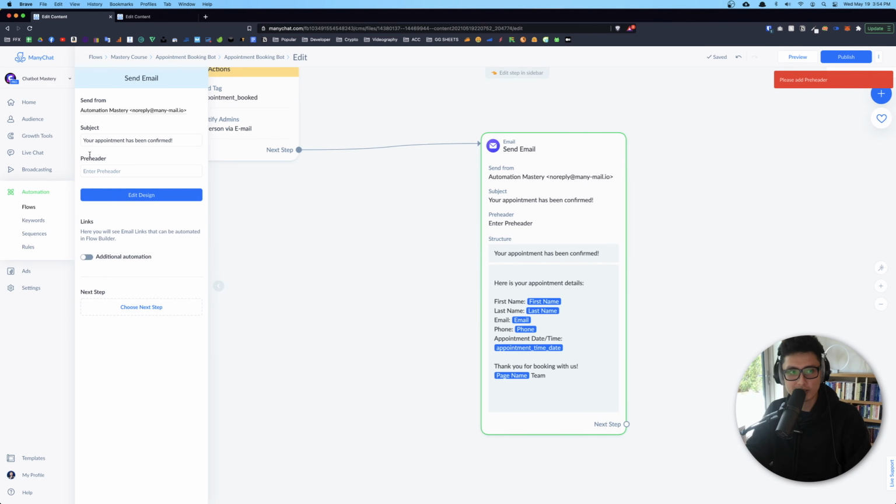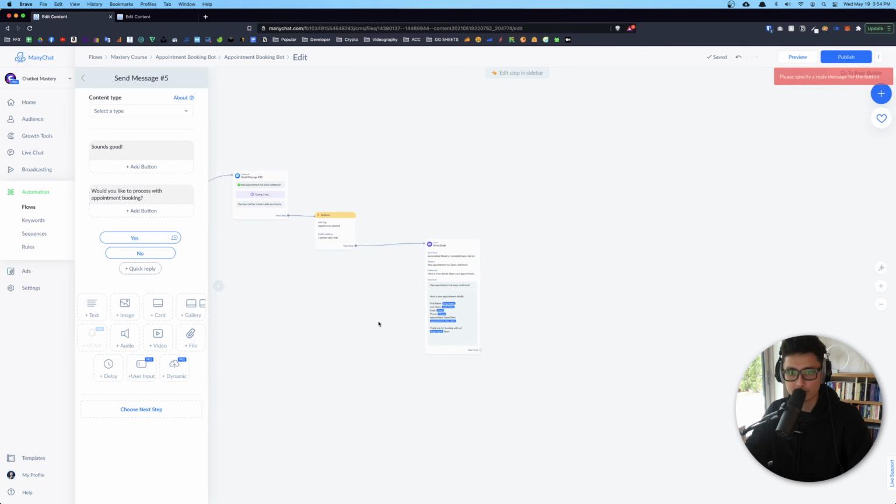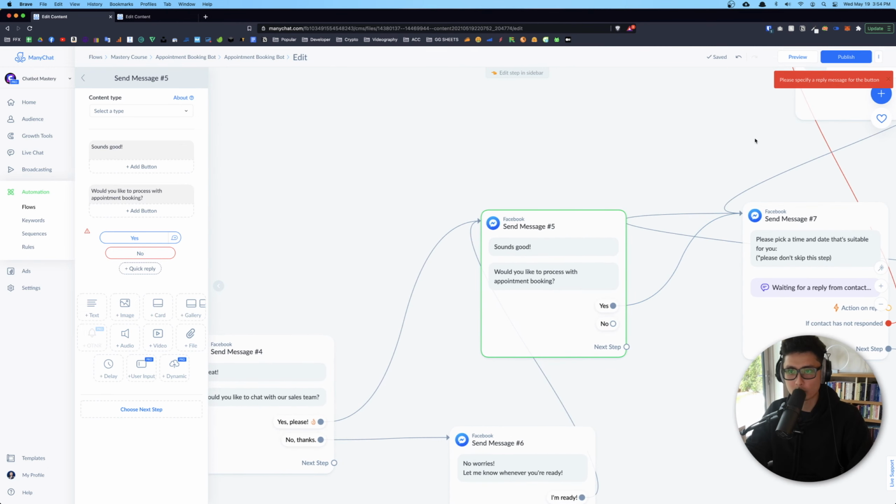In here, you want to insert a subject line: your appointment has been confirmed, and that's pretty much it. We need a pre-header here as well. This goes right underneath the subject line. And then right here, if I click on publish, it says I have one more place I haven't dealt with,